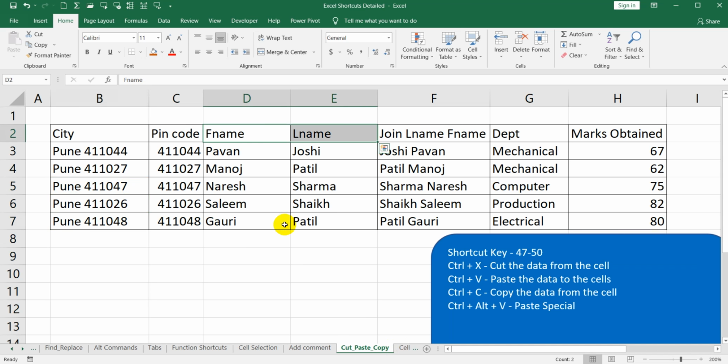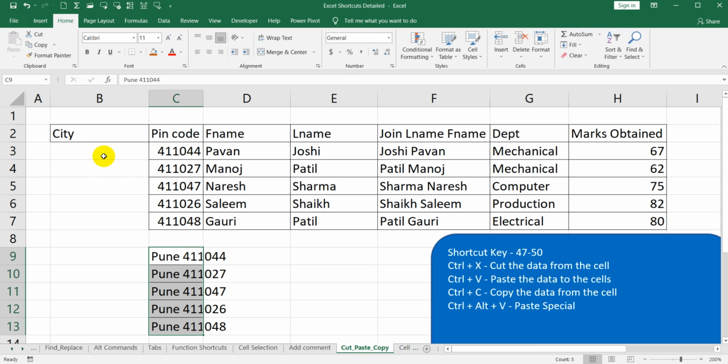Move on to the next, which are the most commonly used shortcut keys: Control X to cut the data from the cell, Control V to paste the data into the cells, and Control C to copy the data from the cell. I will select this data and press Control X, and here I will use Control V, and you can see the data is removed from this position and pasted here.